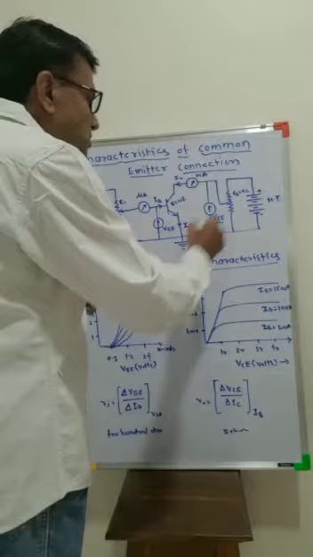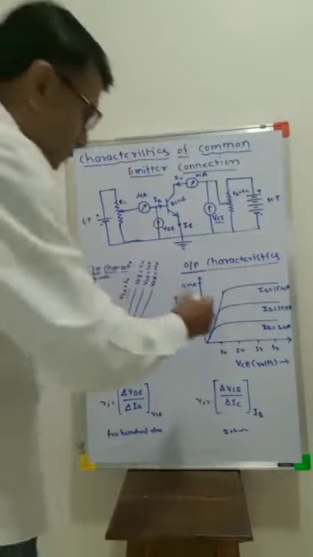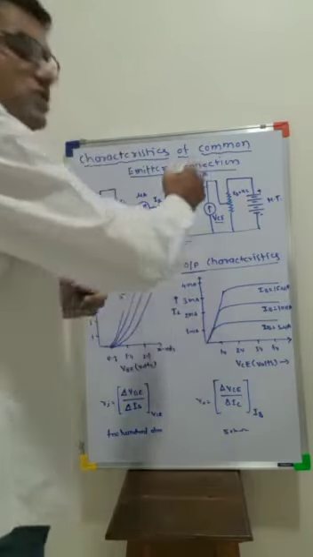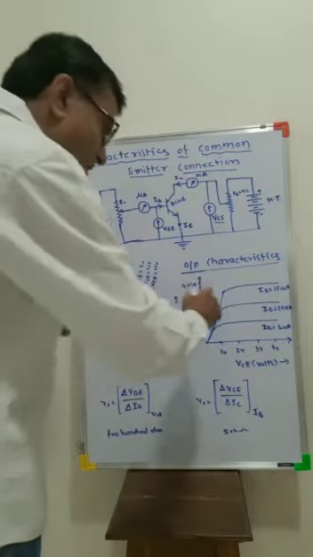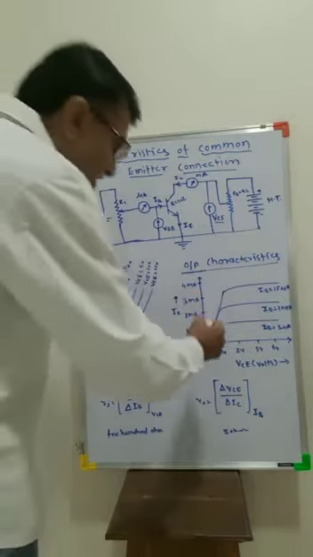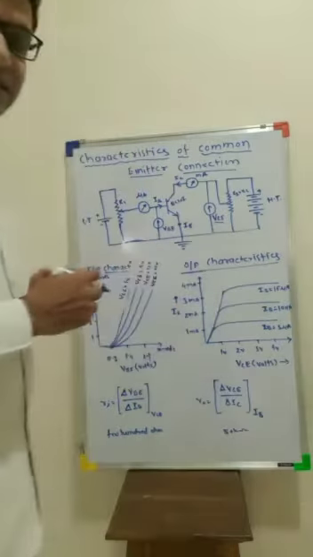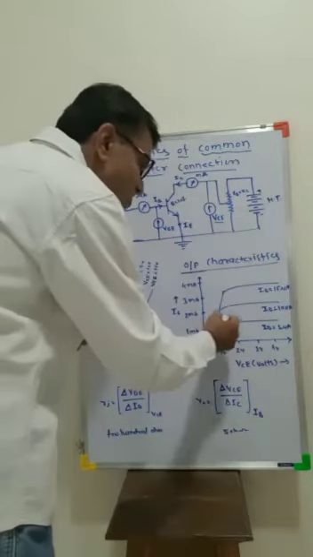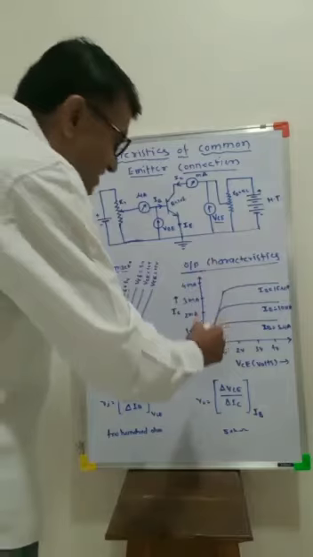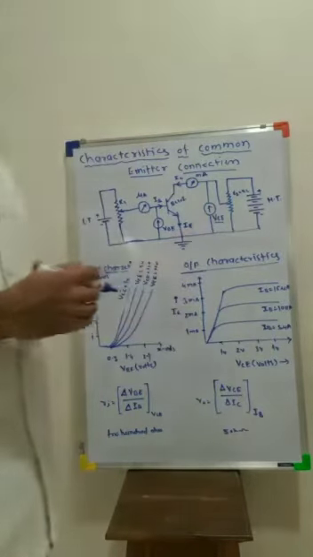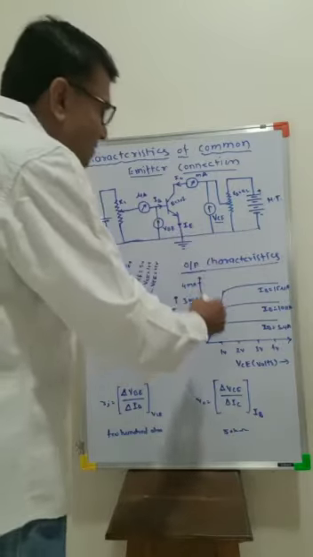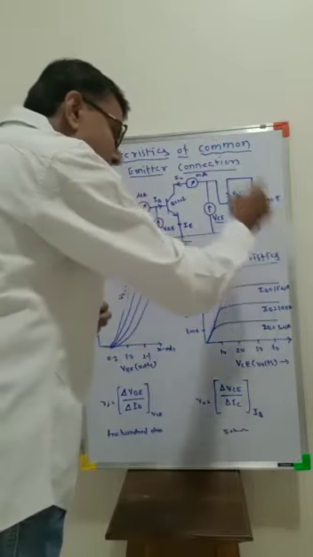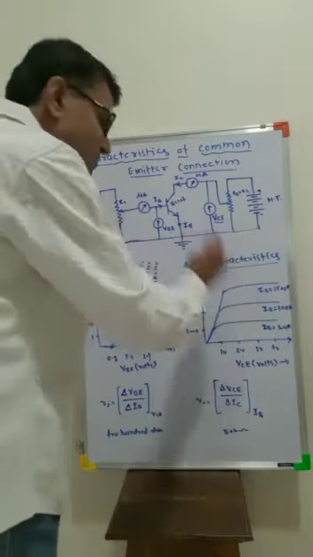Up to 1 volt, we observe that a change in VC also changes IC. Then after 1 volt, we observe that with a change in VC, IC remains constant. This is known as the knee voltage. Beyond the knee voltage, the transistor goes into the saturation condition. Any change in output voltage produces no change in output current. Similarly for various input currents, say IB is equal to 10 microampere, IB is equal to 15 microampere, the graph looks like this.